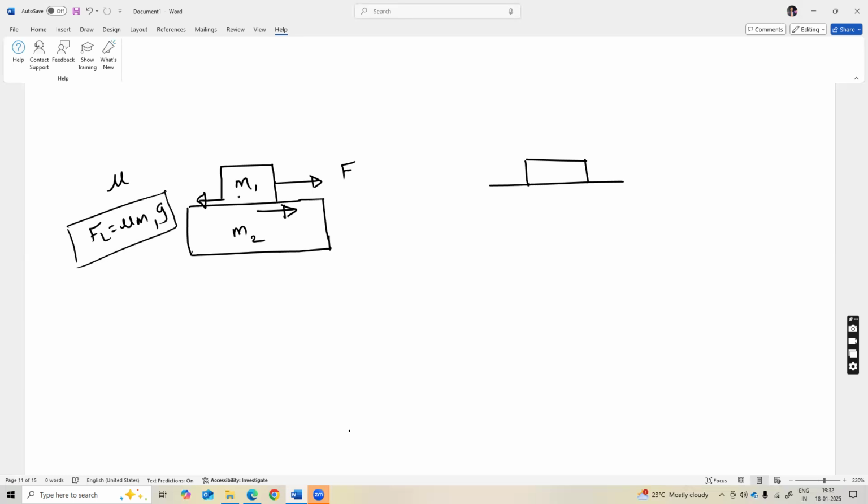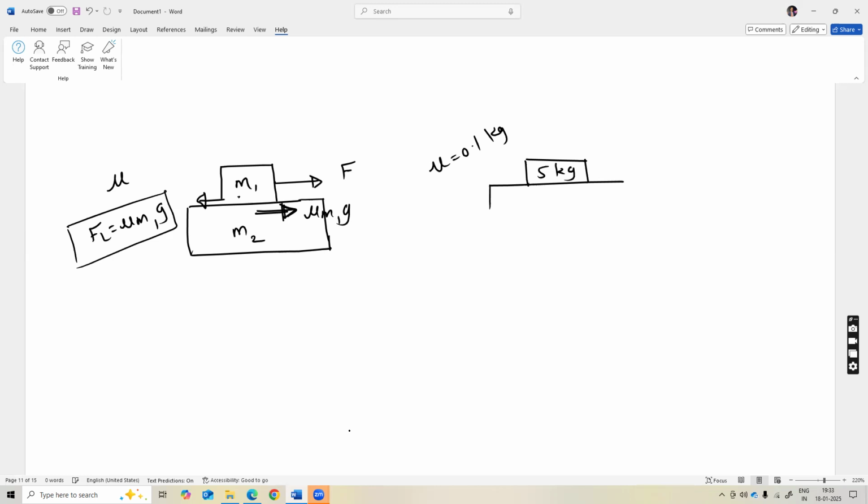If mu m1g is the limiting frictional force, and this F is more than that, then mu m1g will act, and this body will move. So what exactly happens is, let's say the mass of the upper body is 5 kg,